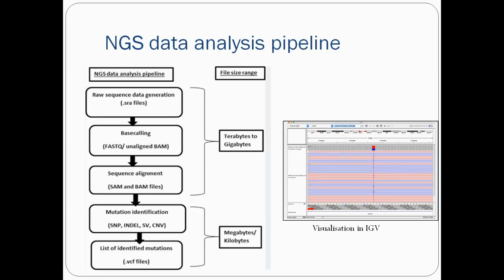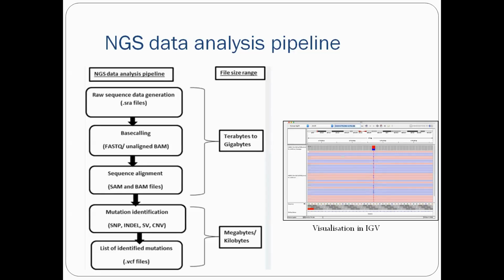For exome sequencing, the data that is generated can vary from 5 GBs to 10 GBs. So this type of data has to be processed through bioinformatic pipelines so that it becomes available for